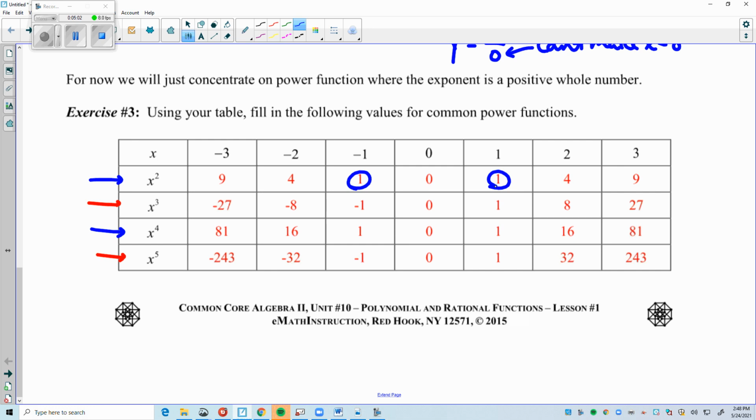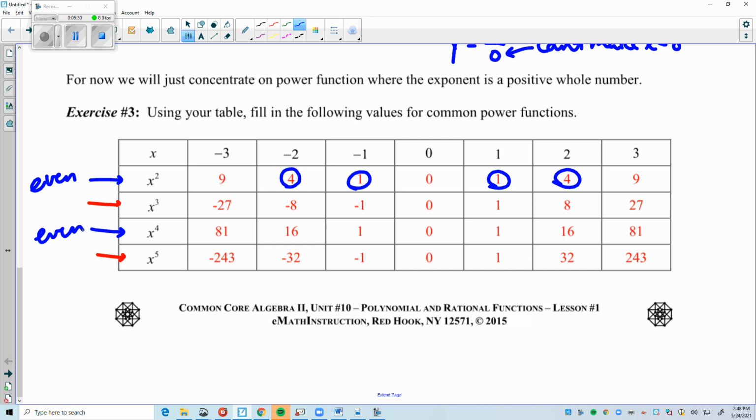Okay, x being -2, I get a +4. X being +2, I get a +4. So check that out for x to the 4th. Notice what happens. If our inputs are opposite numbers, negatives and positives, I still get the same output back. This should be sounding like an even function. So if we think about our even function, not only are our exponents even, but the function itself is